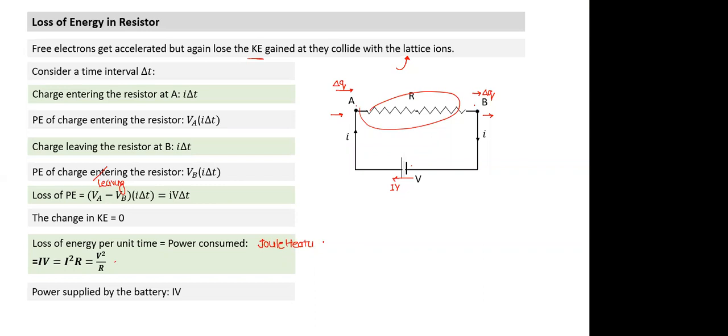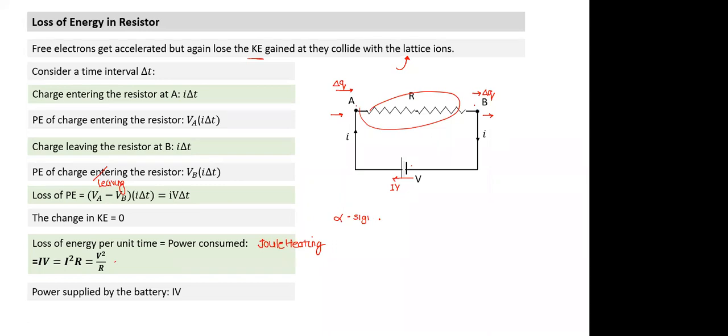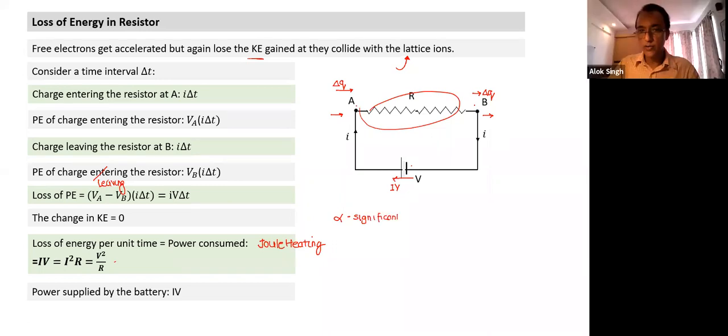Even the resistance should change, right? Ideally, yes, if we take into account that alpha is significant. What does alpha signify here? Temperature coefficient of resistance. If alpha is not close to 0, as it keeps heating, its resistance also will change. But you tell me one thing. Suppose a bulb: do you think the temperature of a filament, or the temperature of this resistance, will keep rising? Theta indicates temperature. If the current is flowing through the resistor, will the temperature of the resistor keep rising?